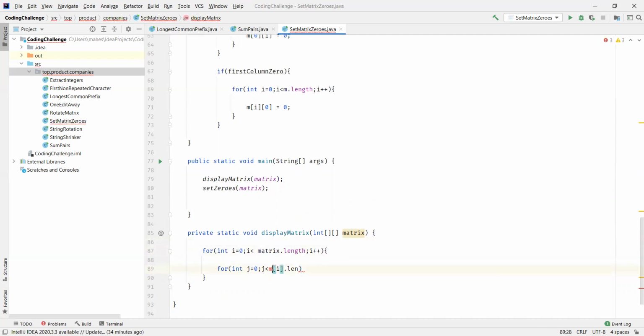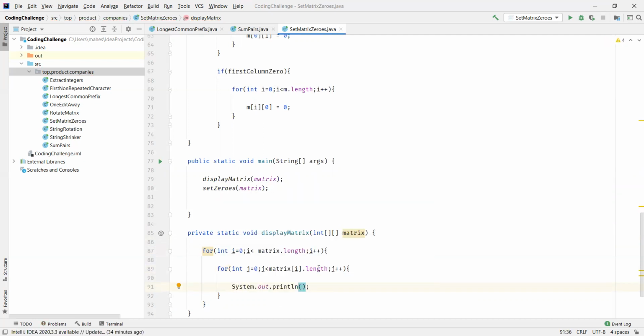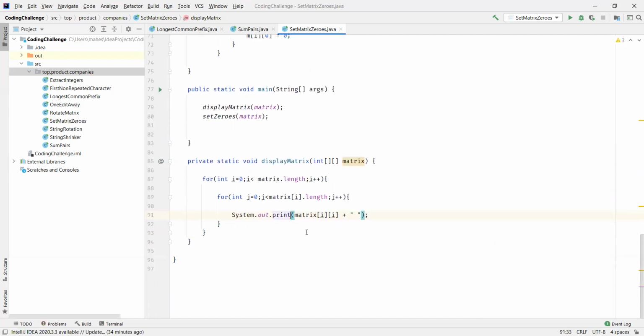Okay, this is matrix dot length, right? We'll display matrix of i j, each element, and we'll leave some space after displaying each element.